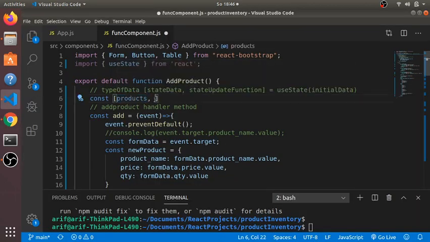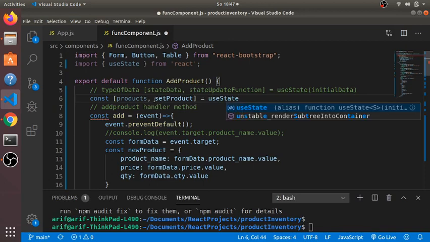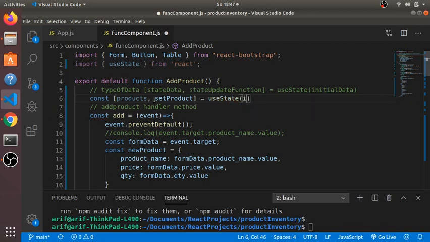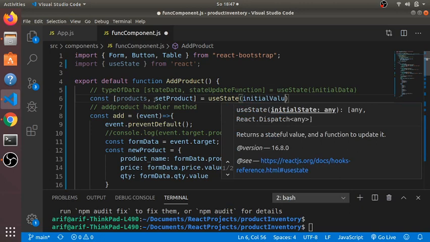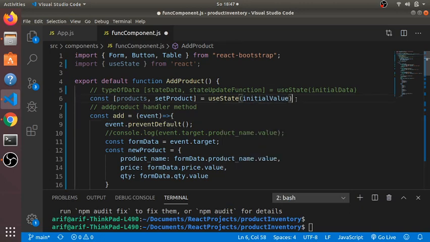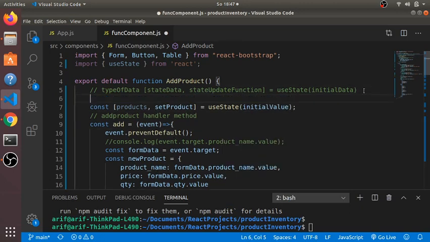So we have products, then we can say, okay, set product. So set product is going to actually update the product, and use the function useState, and then we need some initial value. You can write the initial value here, or in my case I will write the initial value as a separate variable. So by default I have an initial value, which is just